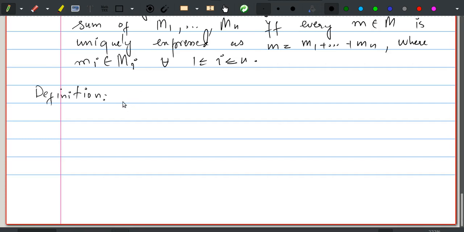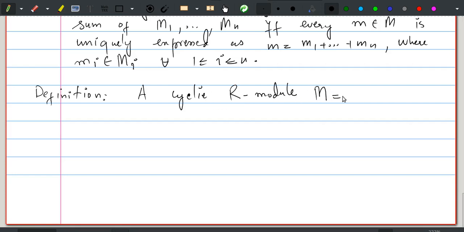So let us consider a cyclic R module M. So if M is cyclic, so M is of the form R times x,